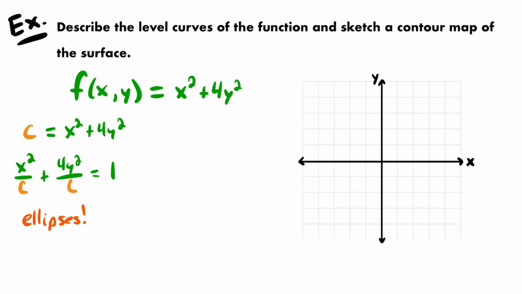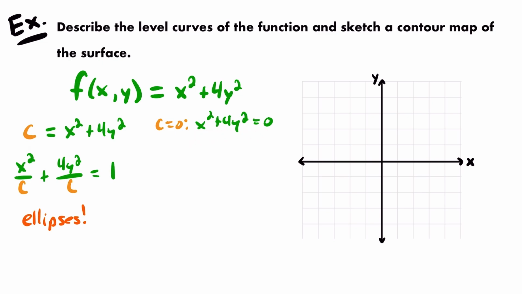I always like to start with c equals 0 as my first value of the constant. So I'm going to do that here. And at first that might seem like a problem because you would be dividing by 0 in this equation. But remember, the original equation was c is equal to x² plus 4y², which does make sense. This equation could be equal to 0 if both x and y themselves are equal to 0. So the equation you get here is x² plus 4y² equals 0,